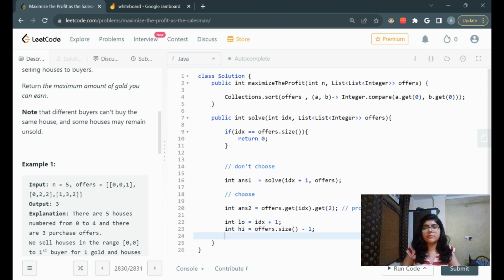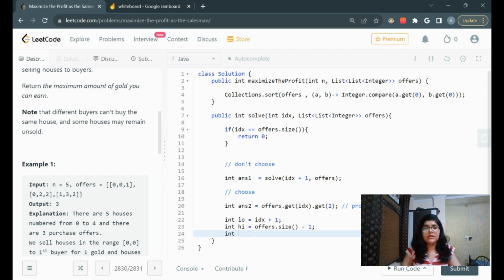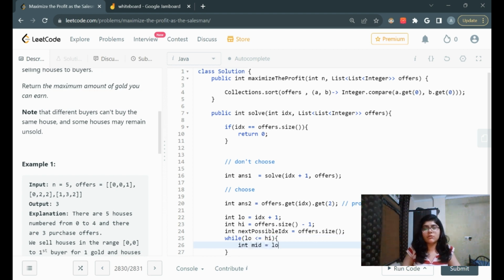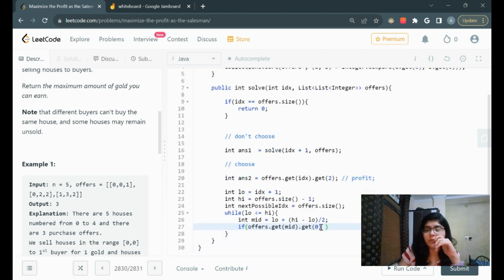So this would be my search range, and let's suppose the next possible index would be equal to offers.size. Now I'll apply a binary search over the remaining range. First I'll find the midpoint, and then I check this midpoint. If offers.get(mid).get(0), the start point, is strictly greater than my current endpoint,